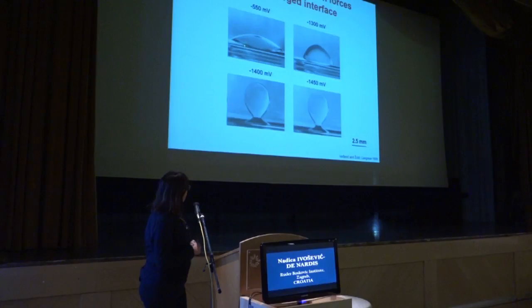This is how macroscopic droplets wet the substrate if we change only the applied potential on the substrate. So we don't have a chemical modification here, we are just applying different potential, or different surface charge density,